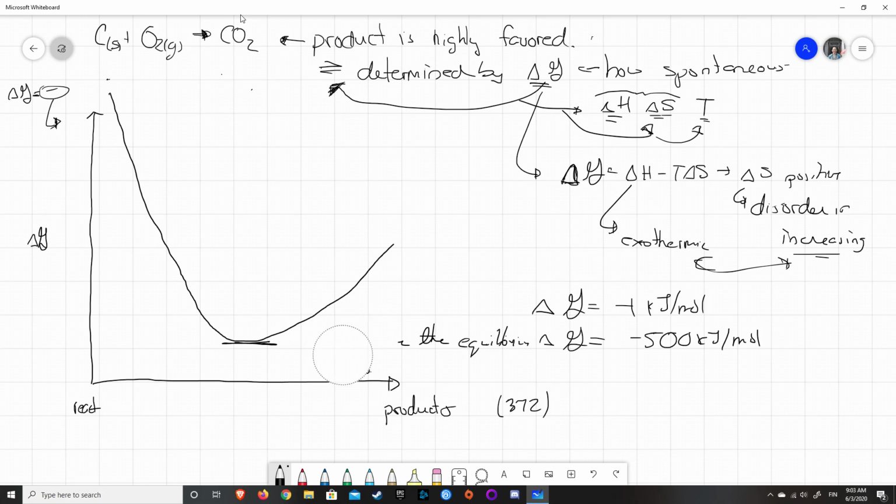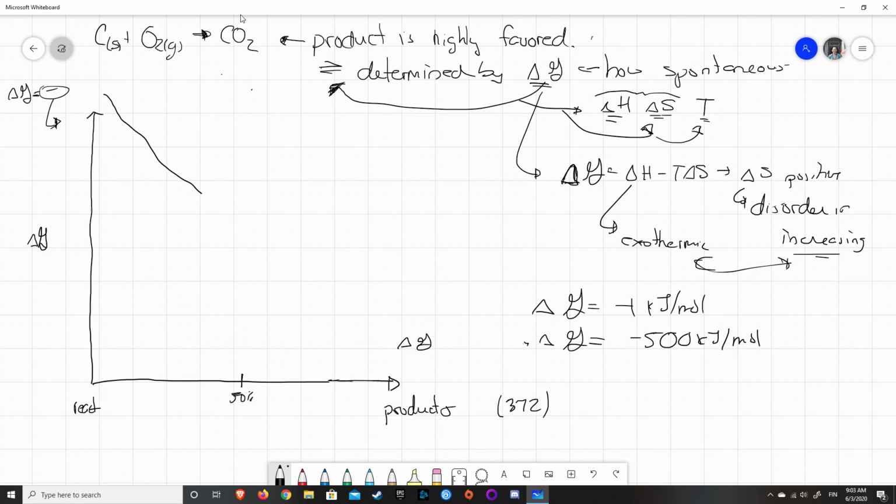So it just shows that if this delta G value is the most negative, and it looks like it's right in the center, it looks like it's 50% products and 50% reactants. But if this delta G value reaches a minimum very, very far over to the product side,